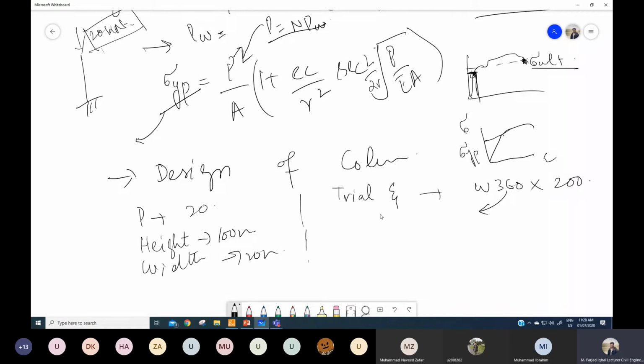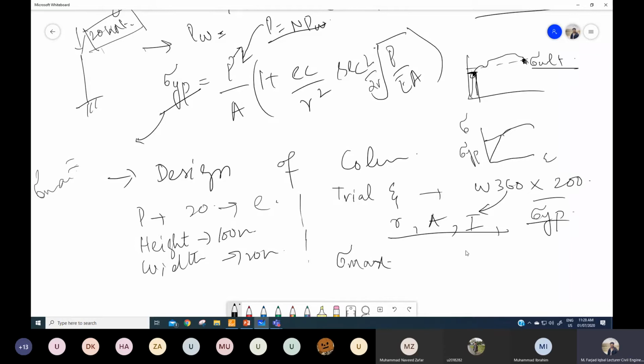Based on this section, we will calculate these factors E, R, because these factors are given to you based on this. E is obviously not given. It should be specified how much eccentricity is over here. Based on the section, we know that these factors are related to the sectional properties. So we will find these factors from the section tables, and then we will calculate the stresses by using the formula for maximum stresses, which we already have. Then in the final step, we also know for this section what the yield stress is. For any type of section, the yield stress is also provided to you.